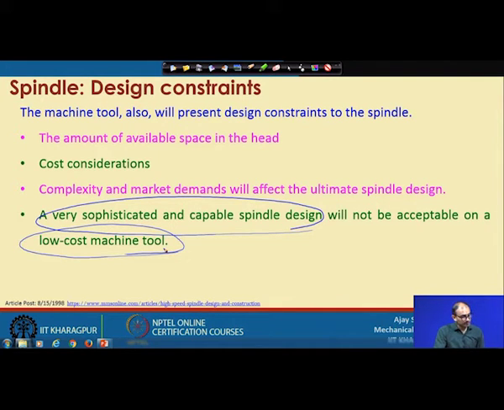So the machine also demands something where the spindle has an application. First see the level of accuracy of the machine tool, and then decide which type of sophisticated spindle you can use.